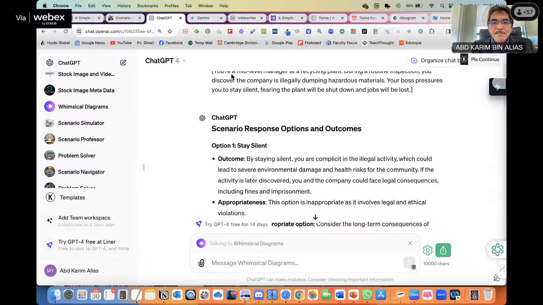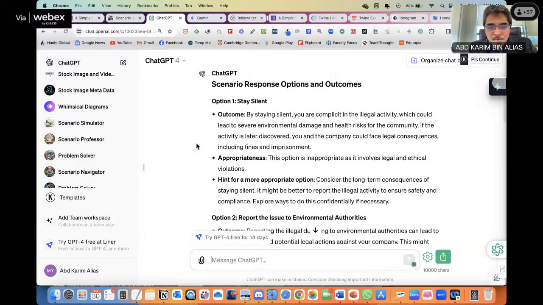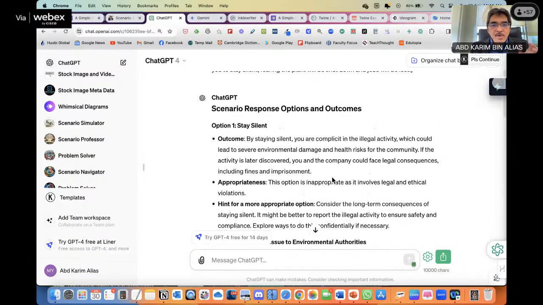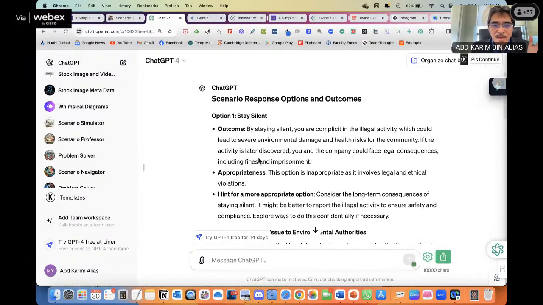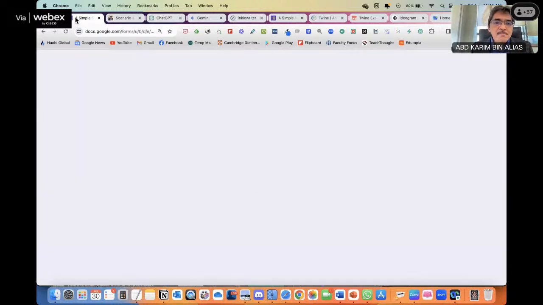But the advantage of using ChatGPT, especially if you have ChatGPT Plus, you can also visualize using the GPT called Whimsical to help you to visualize the whole thing easier. Okay, now we have option 1, we have option 2, we have the outcome, the hint, everything. So now we are going to build this in Google Form first. So let's go to Google Form.